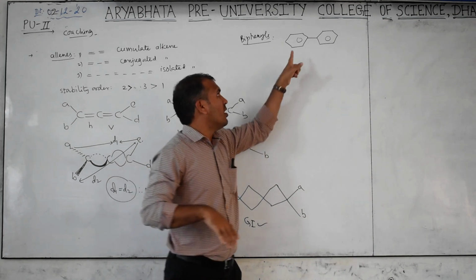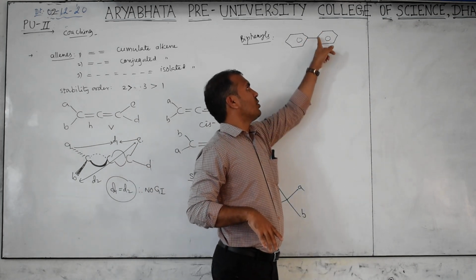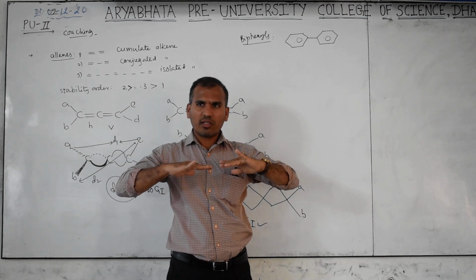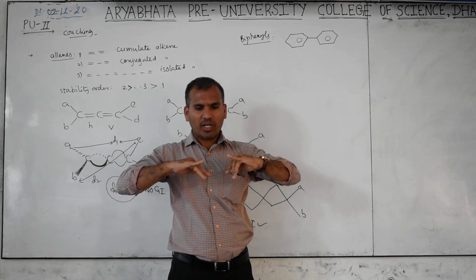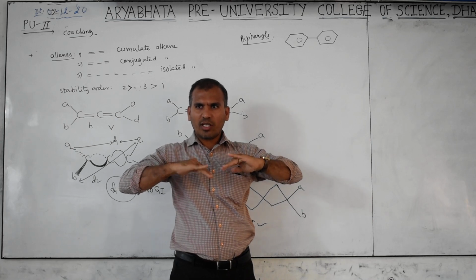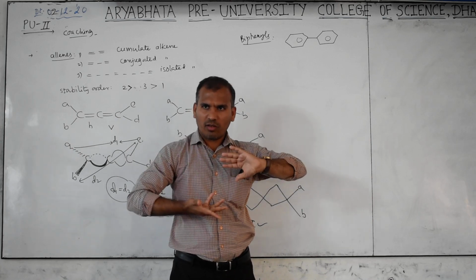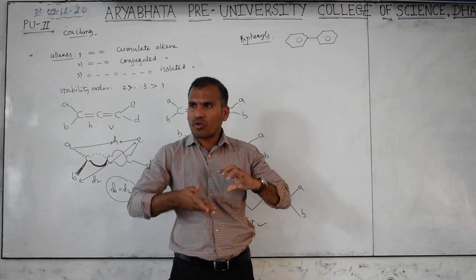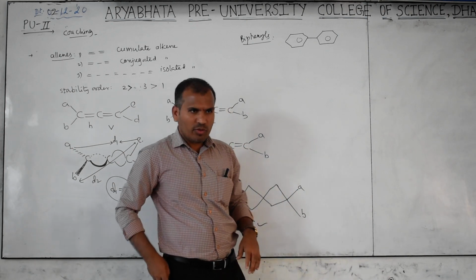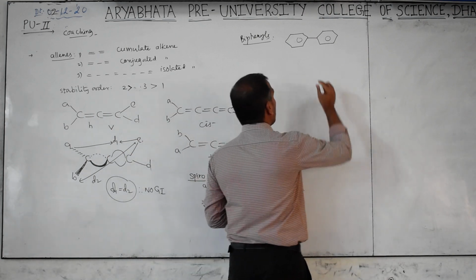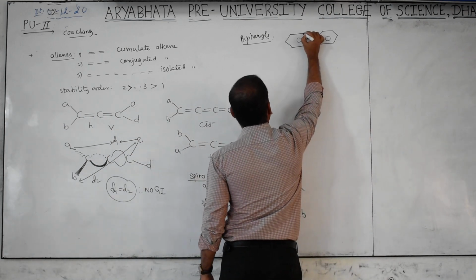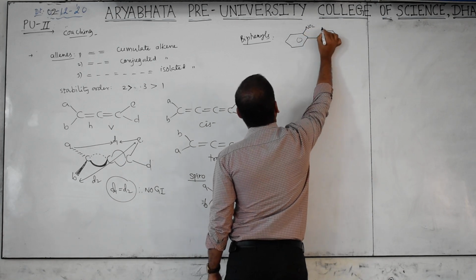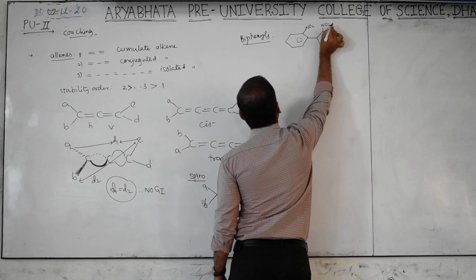At the ortho position, ortho position, ortho position, ortho position, all are which? Hydrogen. Is hydrogen smaller or larger? Smaller. Smaller means, is any repulsion there? No. Therefore it is easily rotatable. Okay? This is called conformers. Conformers mean what? Single bond rotation. But if you add any bulky group, see, here I want to write NO2. Here I want to write NO2.